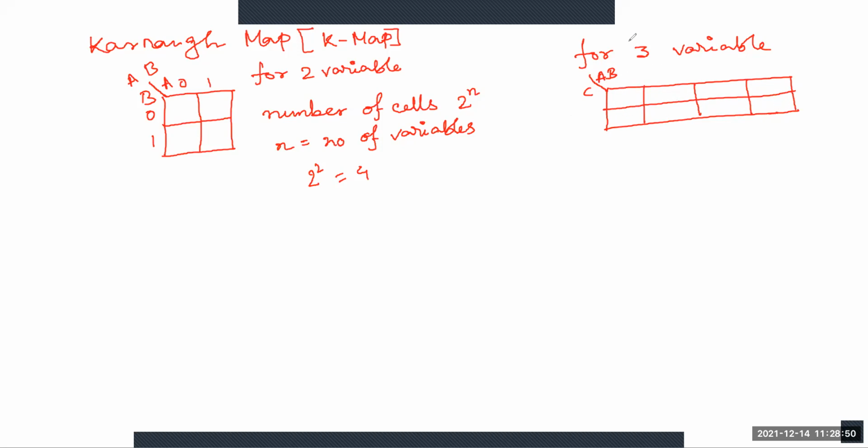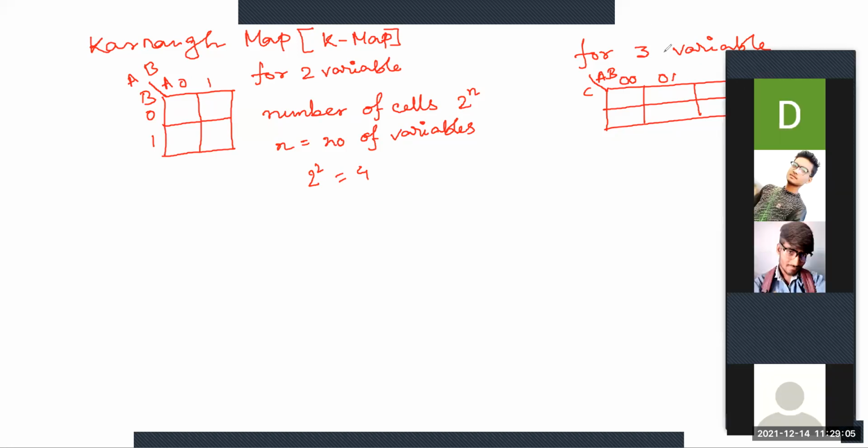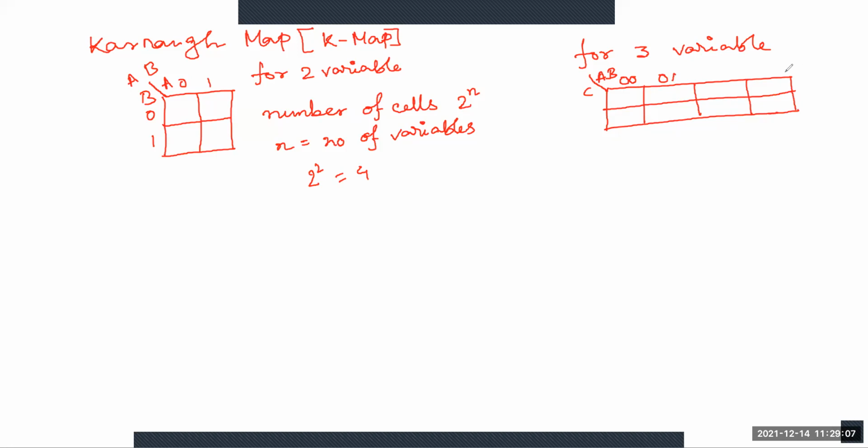Here one thing, for two variables, this is 0 0, this is 0 1. Till now we have seen the sequence 0 0, 0 1, 1 0, 1 1.